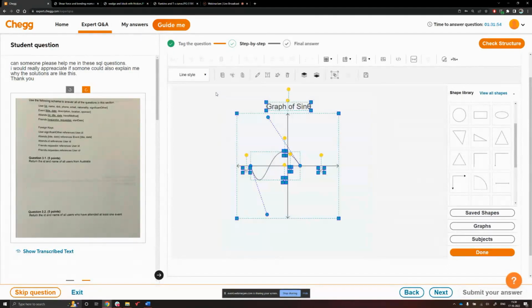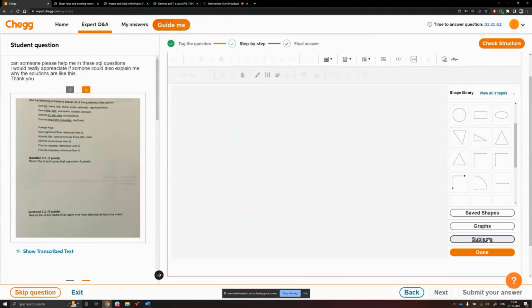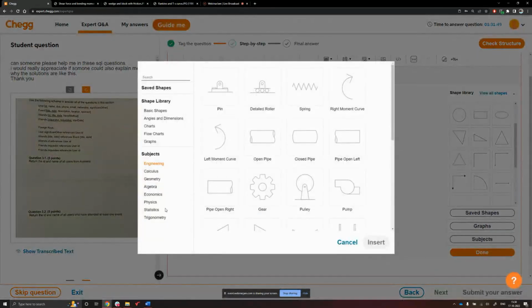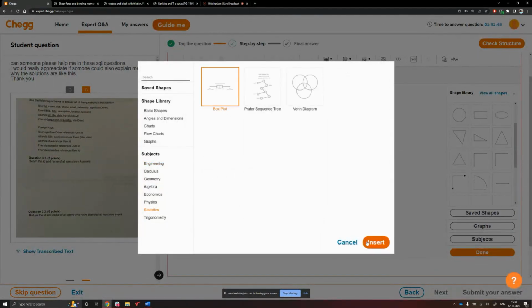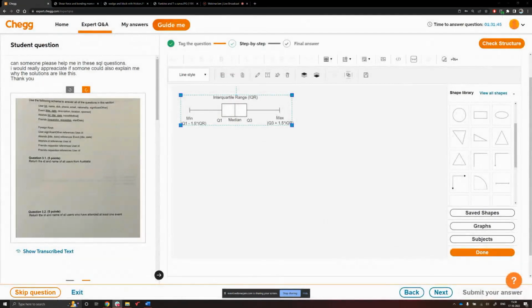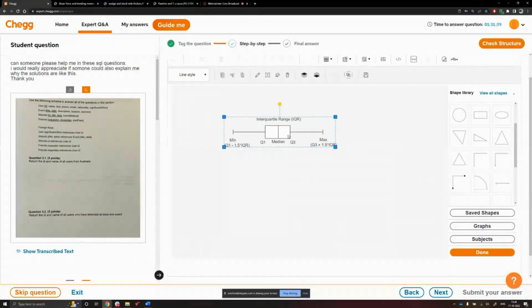So another one I want to show is the box plot, which is present in statistics. Okay, so this is the box plot. You can move it first, and you can ungroup it, and then you can increase the length of these rectangles like this,